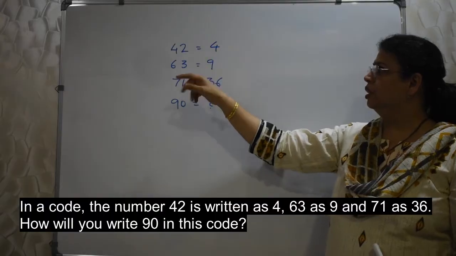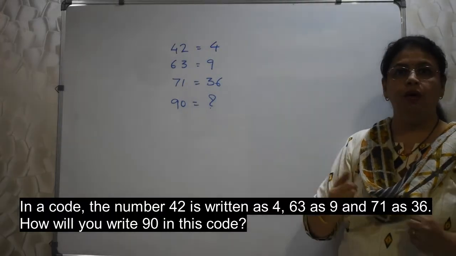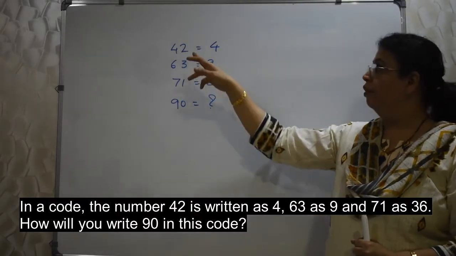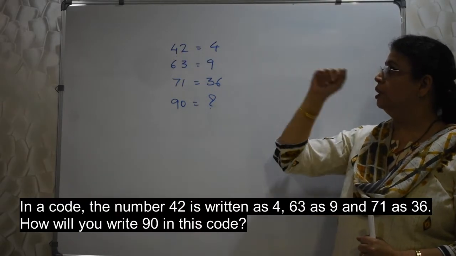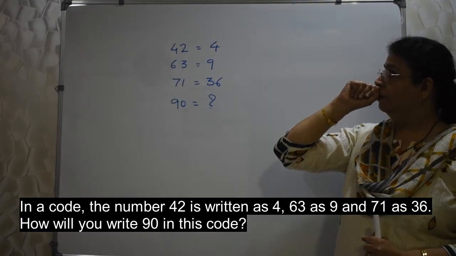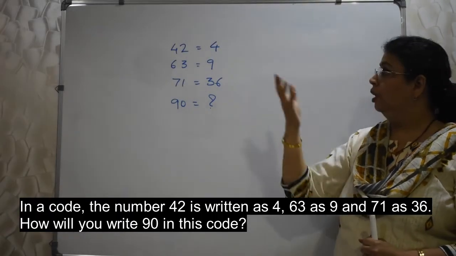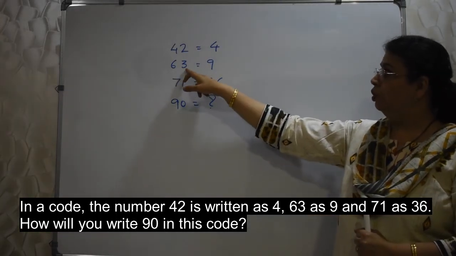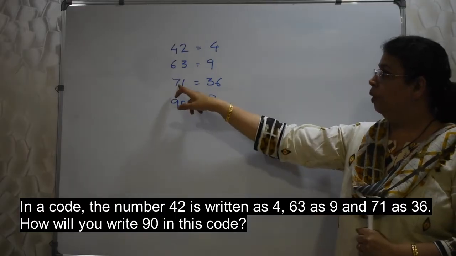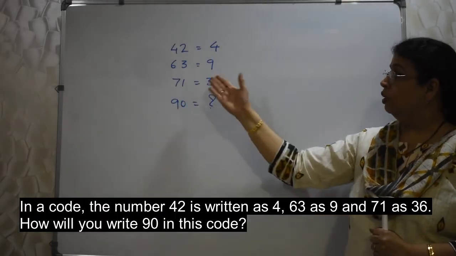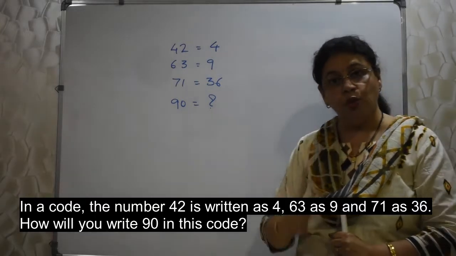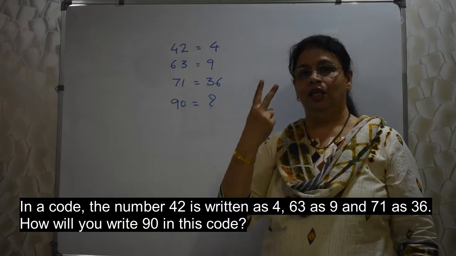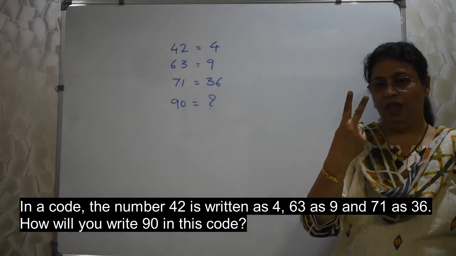Make use of this. 42 से 4 कैसा मिला? There has to be something. 4 minus 2 करेंगे तो भी 2 आता है. 4 plus 2 करेंगे तो भी 6 आता है. 4 into 2 करेंगे तो 8 आता है. So कैसे, क्या है ये? It should be the same. 6 into 3 18 आ रहा है, 7 into 1 7 आ रहा है, उससे 36 कैसे मिला? There has to be something. What is that something? It is 2 marks in the examination.